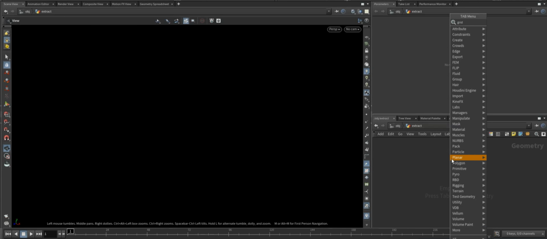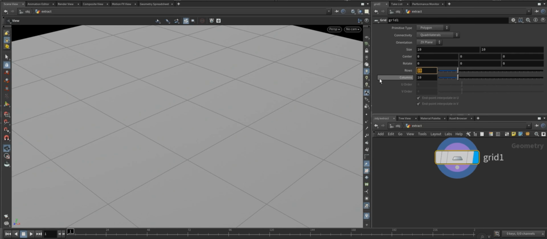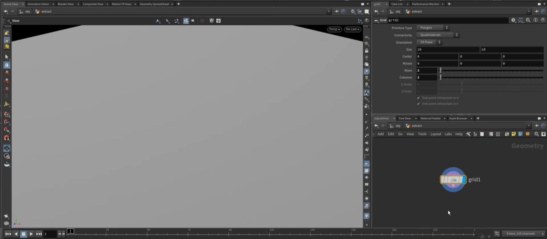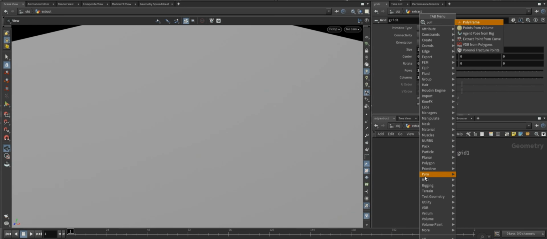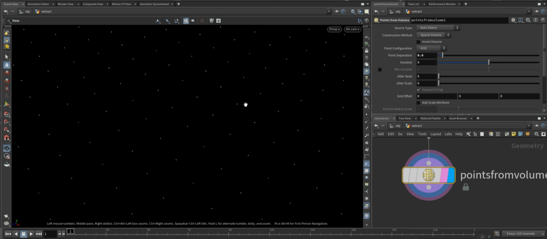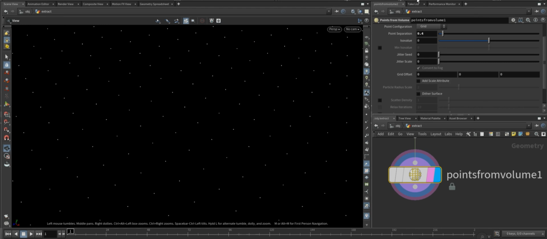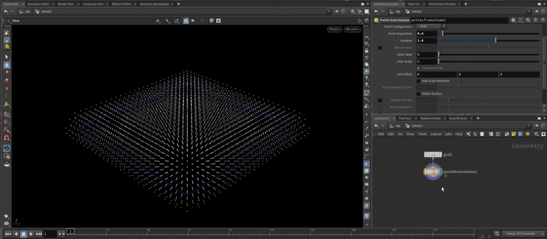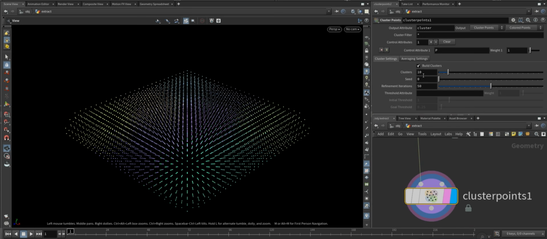Start by taking a geometry object and decrease the dimension by setting the number of rows and columns to 2. Next, generate the points from volume and set the point separation to 0.4. Set the ISO value to 1.4. Then use the cluster points node to create clusters, setting the cluster size to 75 or